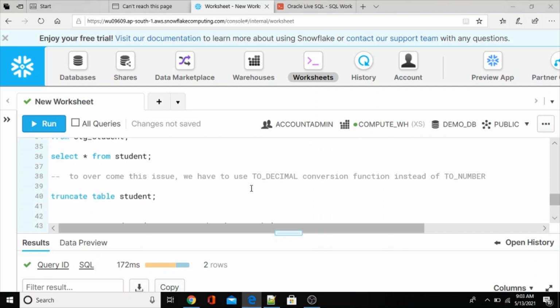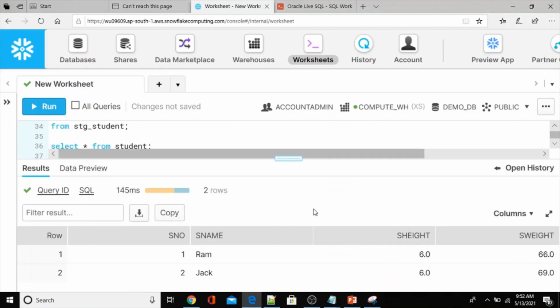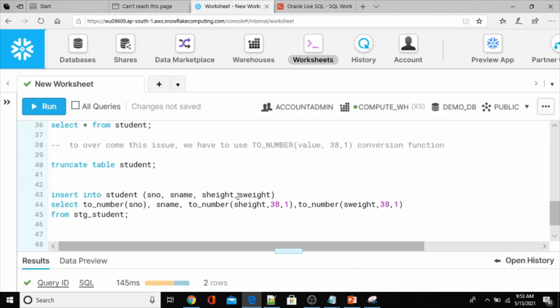To overcome this issue, what we have to do is use the to_number conversion function, and you have to specify the precision and scale while inserting the data from stage to student, like this.